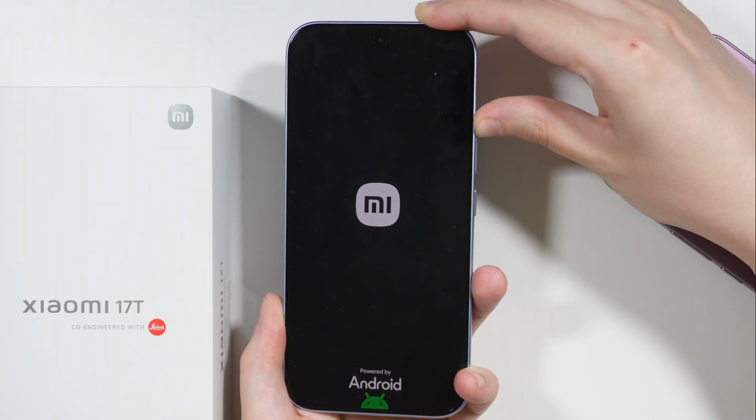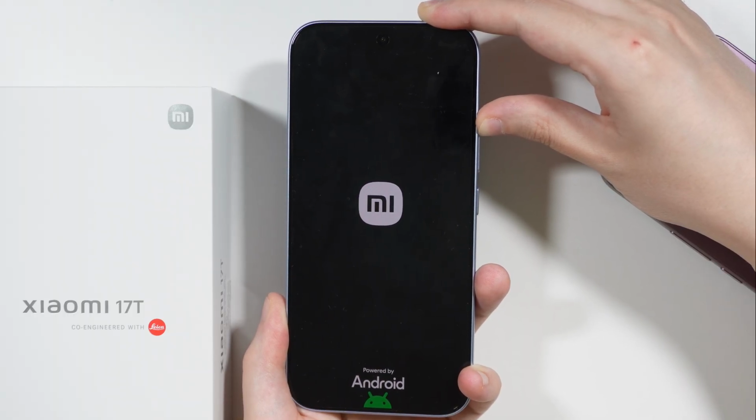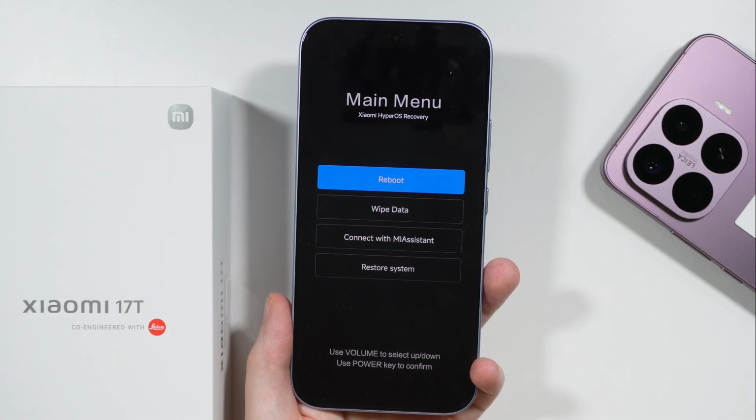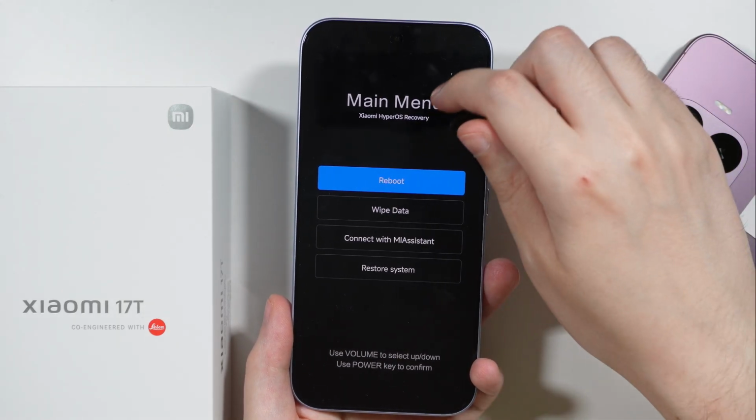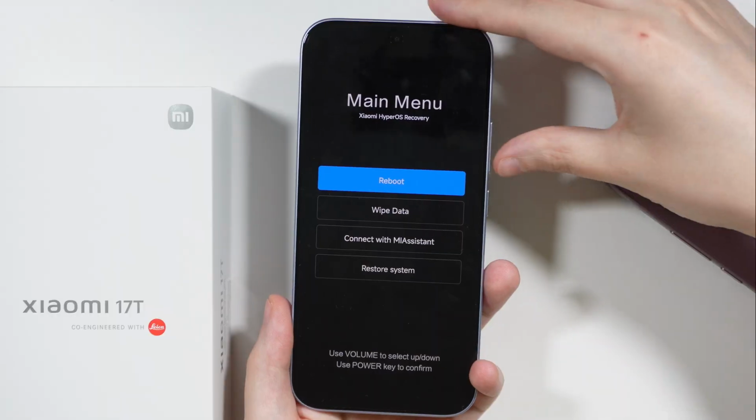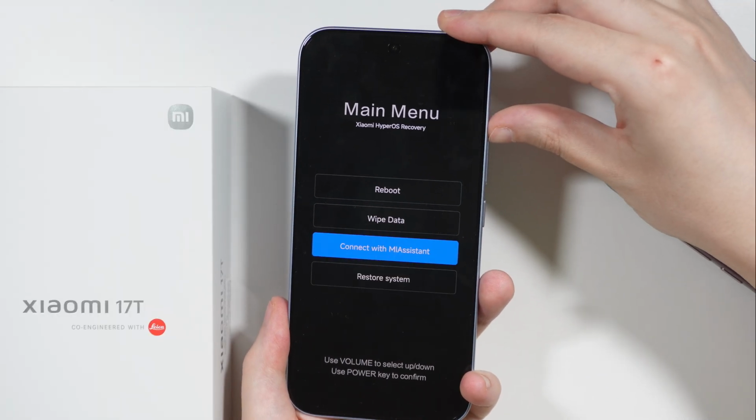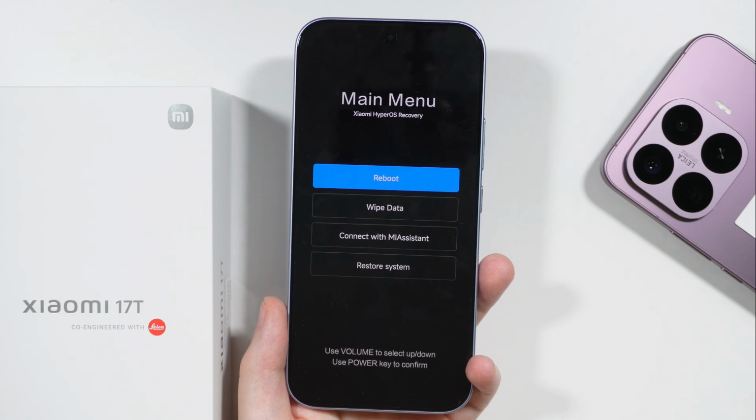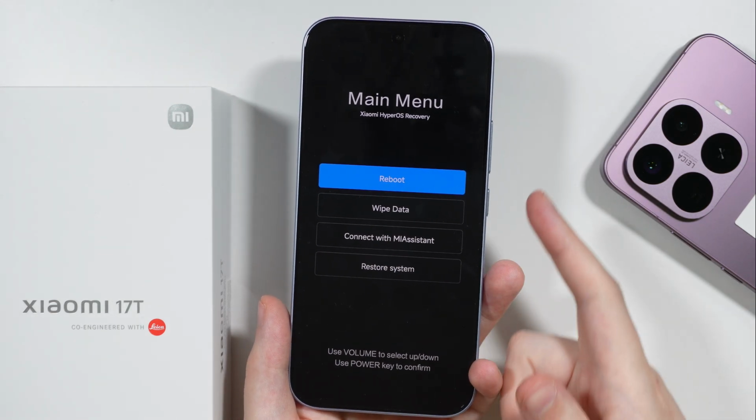There we go, we have the Xiaomi logo. You just want to keep holding volume up. And there we go, now we are in the Xiaomi HyperOS recovery menu. Now in here you can use, for example, volume buttons to navigate in this menu. And then once you want to select or use something that you have highlighted in here, you can use power